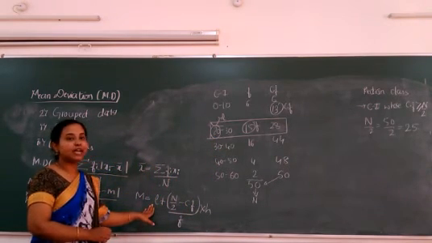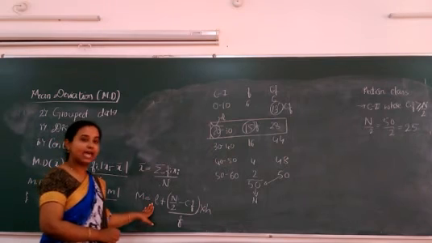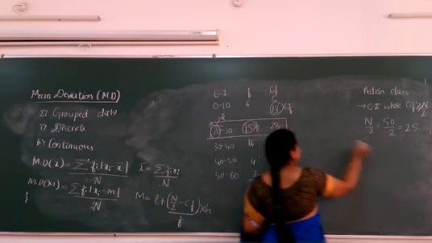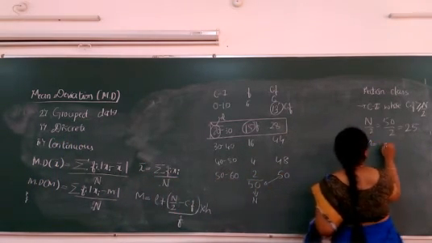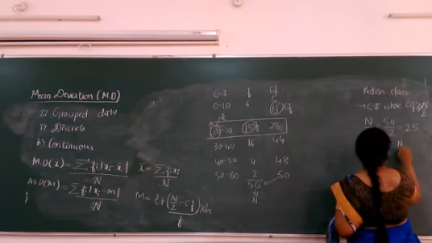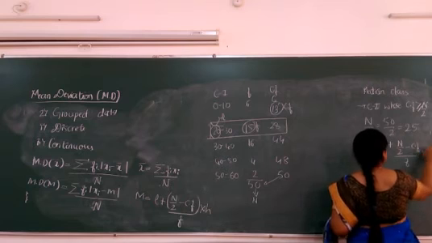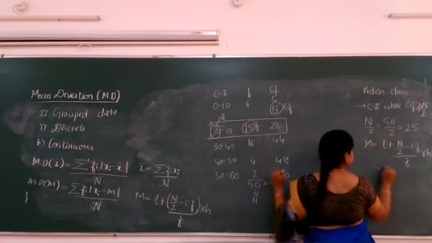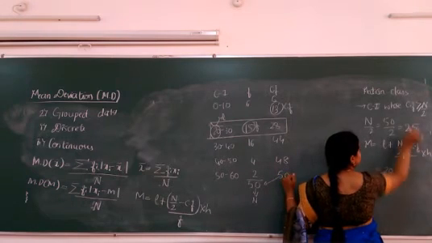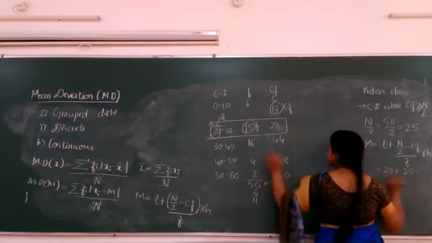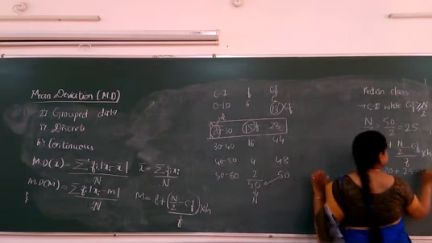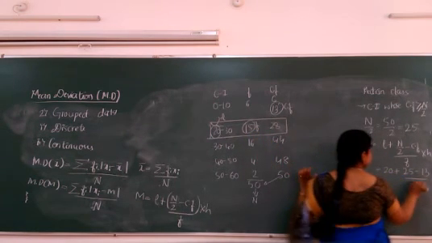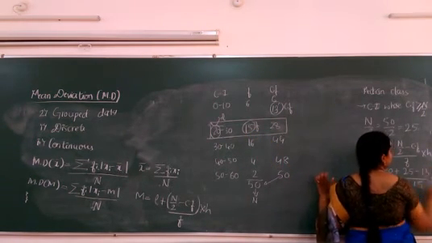Let us substitute and find. What is M? So what is our median formula? Median is equal to L plus N by 2 minus CF divided by F into H. Okay, so L is 20 plus N by 2 is 25 minus CF is how much? 13 divided by F is 15 into what is H?